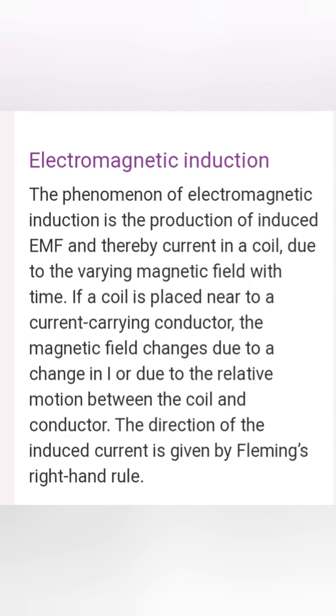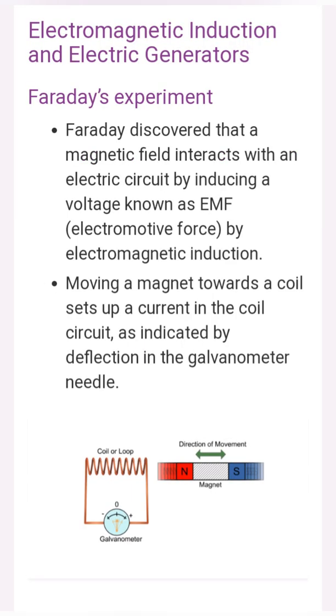As current produces magnetism, magnetism also produces current. The production of current due to magnetism is called electromagnetic induction, which has led to the construction of generators. The current produced by moving a straight wire in a magnetic field is called induced current, and this phenomenon was discovered by Michael Faraday.